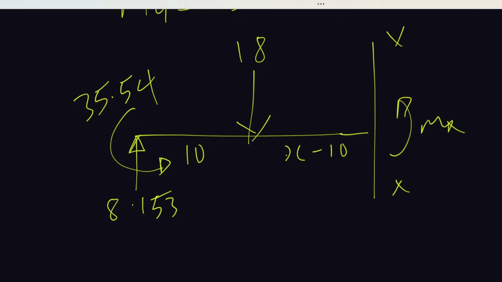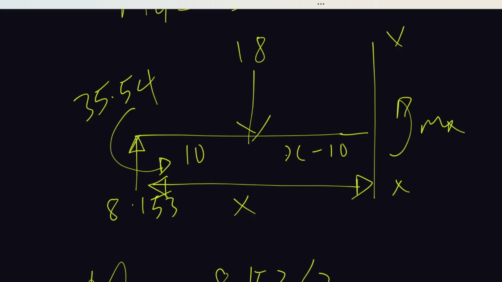So Mx is equal to 8.153. Obviously from here to here is x. 8.153 is the force, so we're converting the force to a moment, times the perpendicular distance, which is x,